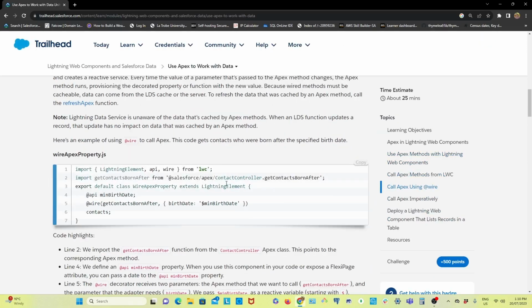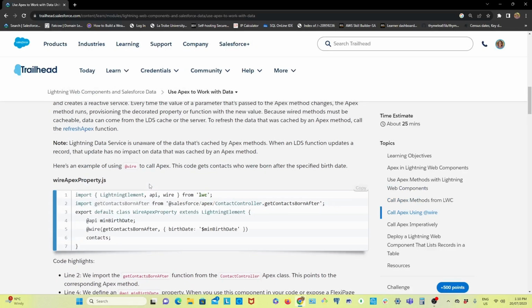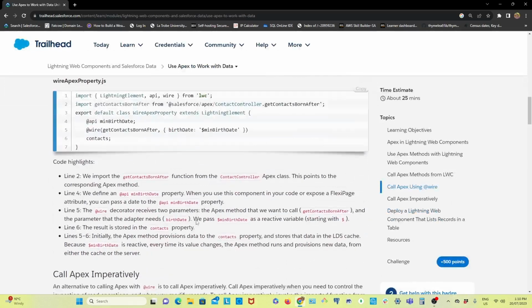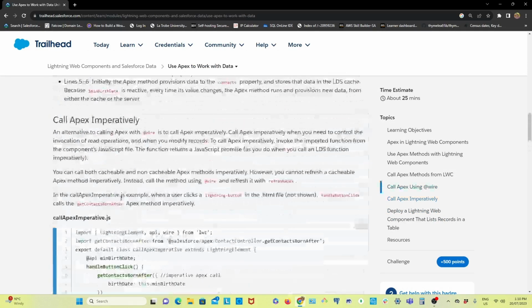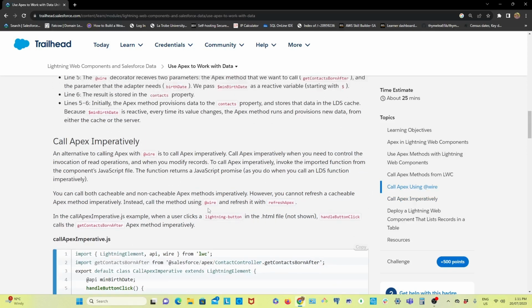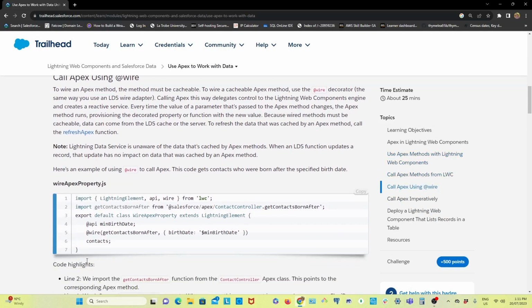Now, for calling an Apex class also we have two ways: using the wire decorator, and another one without using the wire decorator. I will discuss that one later, calling Apex imperatively. Not in this video, forget about that now, because today we are going to discuss the wire decorator only. Okay, so in this example,